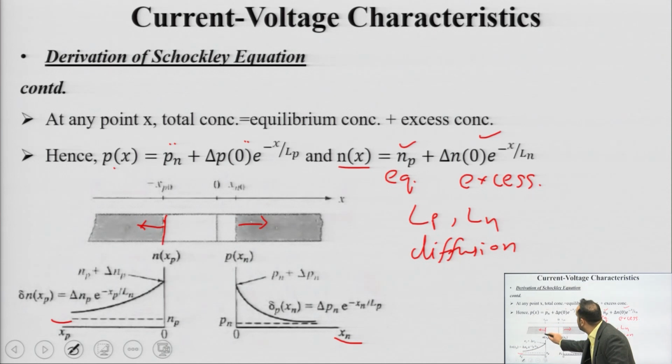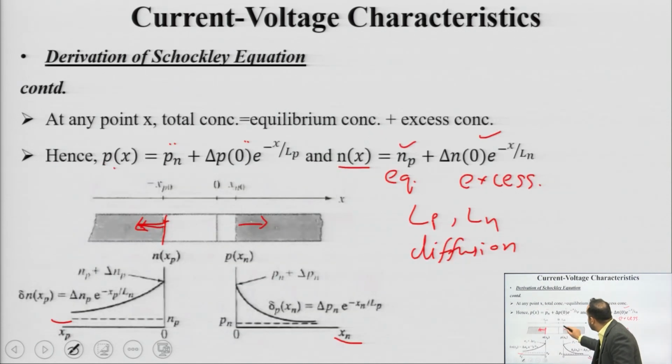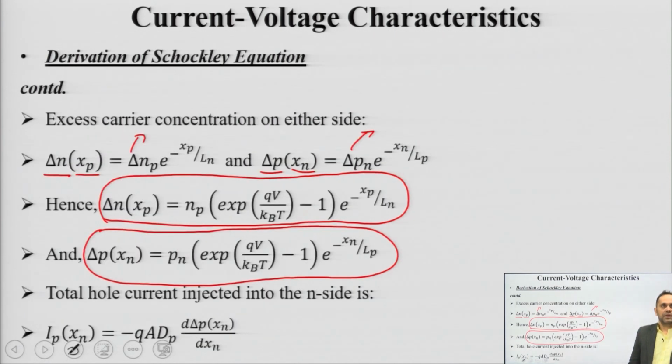From this point onwards, whatever excess electrons you have, and this delta p xn is the excess holes from this point onwards. This is going to produce current. Okay. So, these two expressions, now I am going to use the total hole current injected into the n side, which is